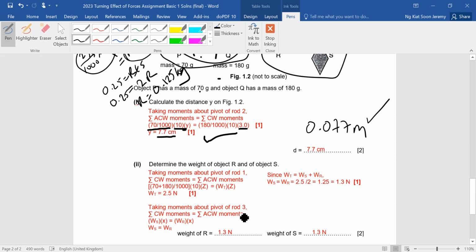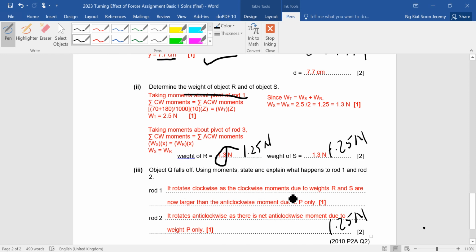But what am I asking for? I'm asking for the weight. Sadly, a lot of you left R in grams, which is terrible because you don't realize that grams is a unit for mass. So if I want to convert R to weight, I need to times 10. So 0.125 times 10 is 1.25 newtons. Weight is always in newtons. Okay, since we already concluded S is the same weight as R,